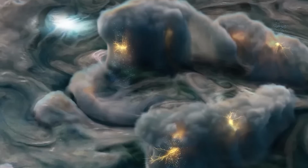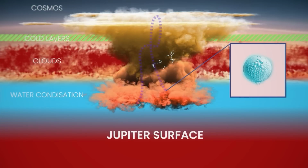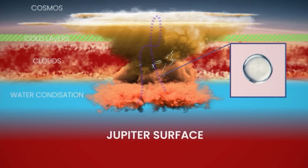And then, there are turbulent thunderstorms that sweep across Jupiter's vast atmosphere. Jovian storms are intense, and they may give rise to peculiar hailstones rich in ammonia, which scientists call mushballs. Mushballs on Jupiter are believed to form when thunderstorms lift water ice crystals upwards, reaching heights of over 16 miles